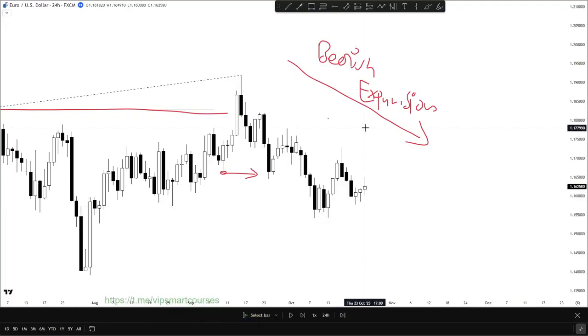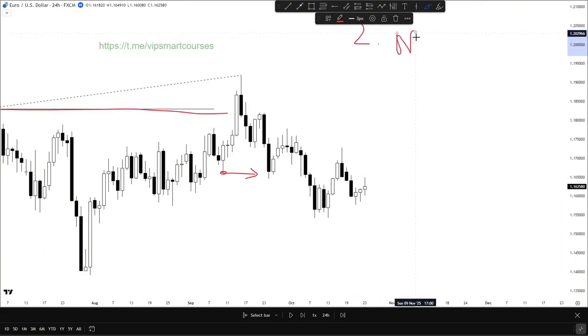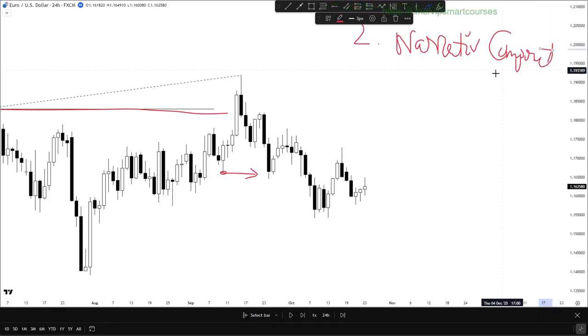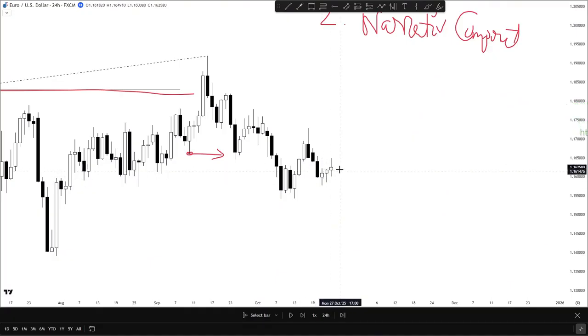If you watch chapter 2, then you know how this is done. We determine that with the help of what? With the help of the second component, or the second step, which is the narrative component. So now I'm going to use the ideas within the narrative component and help you understand how I established a directional bias from that bearish directional idea that we built earlier,